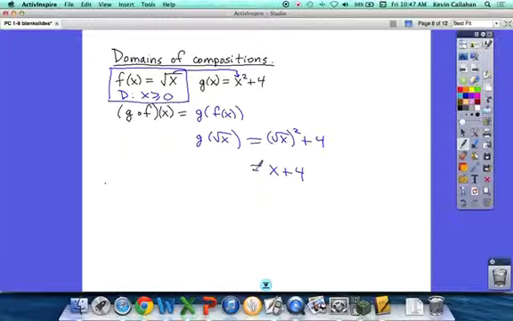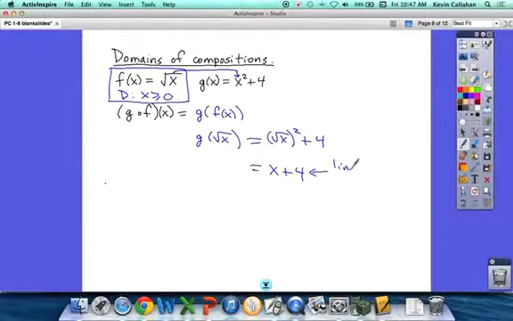But it's not, because this is the composition, and the inner function had a domain which was x greater than or equal to 0. So the domain of the composition cannot be more inclusive than the domain of the inner function. So we have to say the domain of the whole composition is x is greater than or equal to 0. Okay, we definitely look at that and say, you know, is there anything there? Is there any divide by zeros, any square roots of negatives? And there isn't. But then we take that into account. So the domain for the composition is